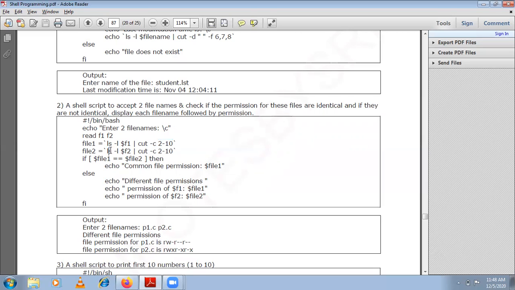Similarly, the file attributes of F2 are obtained. That will be passed as input to the cut command. Then you are obtaining the 2nd to 10th characters, which will give me the permission that is assigned to file 2. Then you are checking whether file 1 is equal to file 2, whether the permissions are equal. If the permissions are the same, then you will print common file permission. If the permissions are different, then you are printing the respective permissions by printing the value of file 1 and